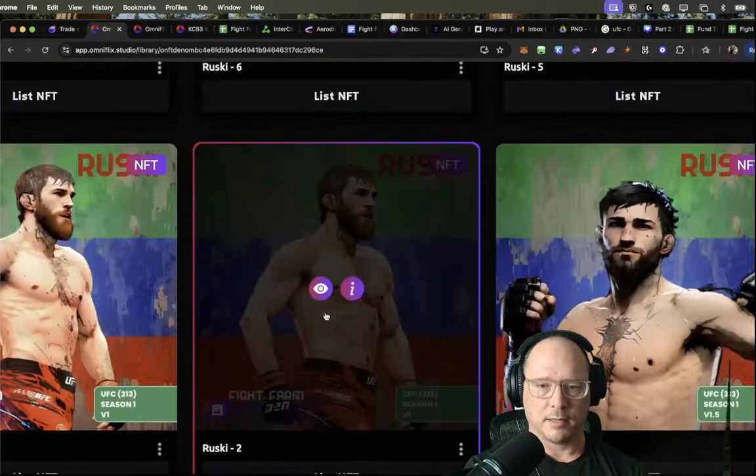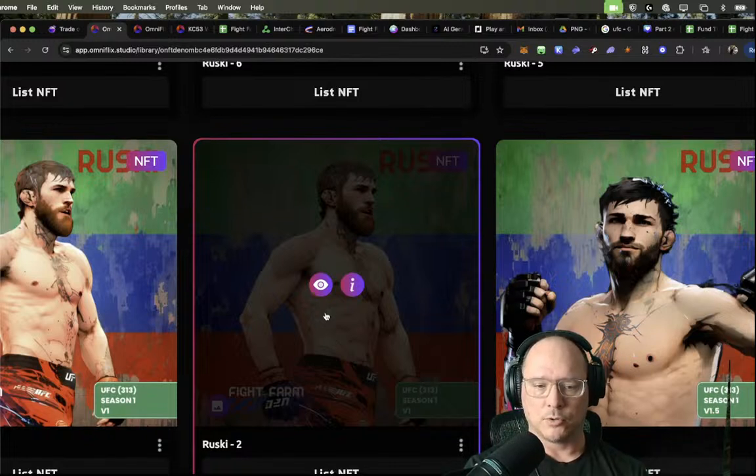If you have Stonefist fighting Ruski, whether or not the player has Stonefist and Ruski NFTs staked as well, you can play a Legend NFT even while you have the other NFTs staked. So Legend NFTs allow you to use a legend from another fighter. A good example of that is going to be the Fireman, which is going to be the first Legend NFT